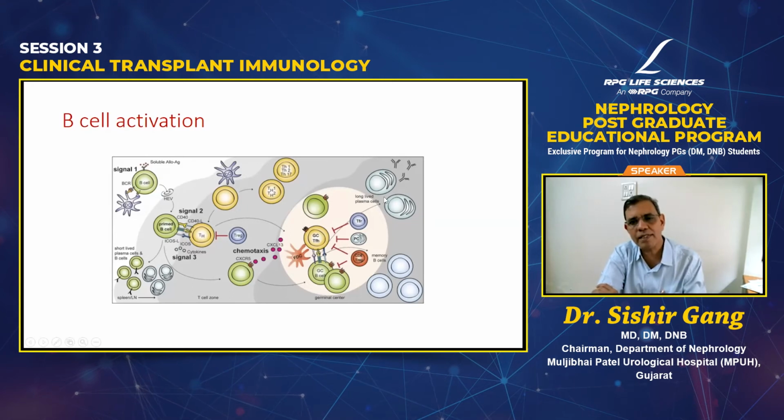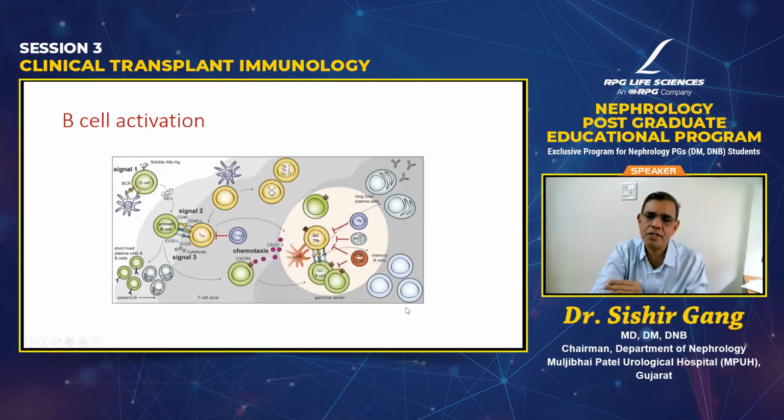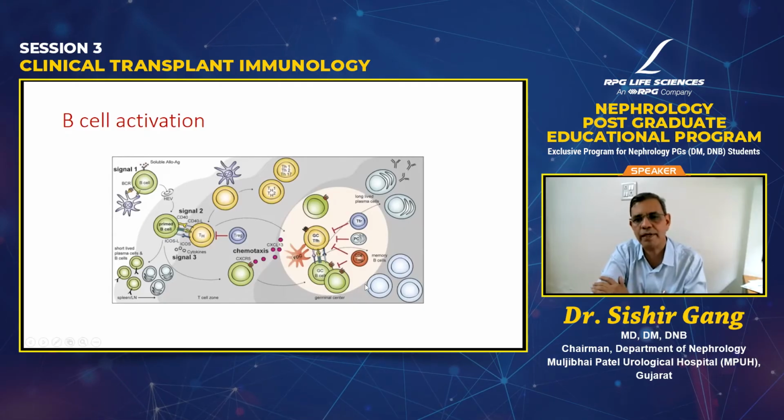Now, it is important to note why it is very difficult to eradicate memory once the patient has it to the antigen. These memory B cells lie in the niche of the bone marrow or in the lymph nodes where most of the therapies don't reach. They are inactive, and therefore it is very difficult to eradicate the memory B cells. And therefore it is very difficult to develop tolerance once you have exposure to the HLA antigens. Once these B cells start to convert to plasma cells, they secrete antibodies, and we shall see how these antibodies damage the graft.